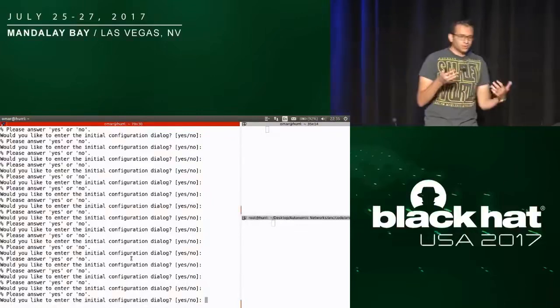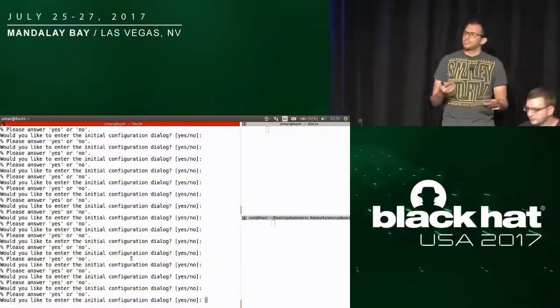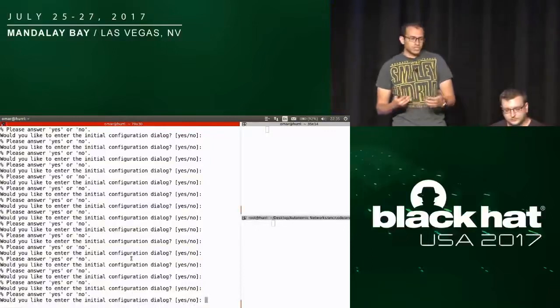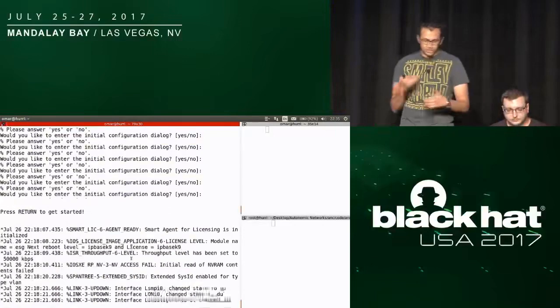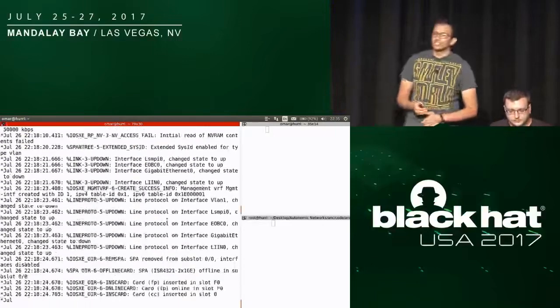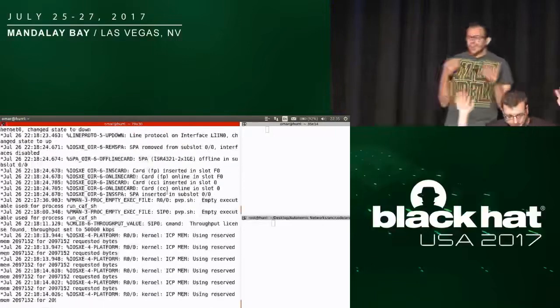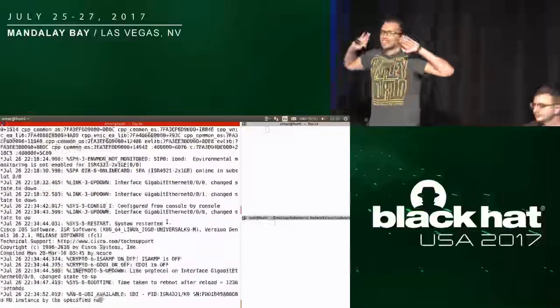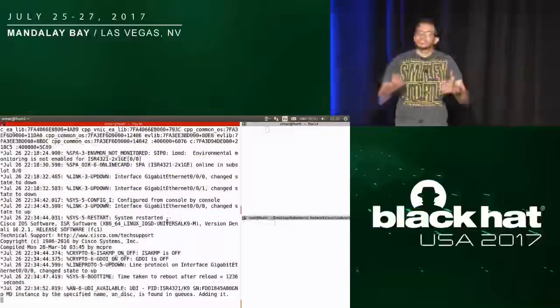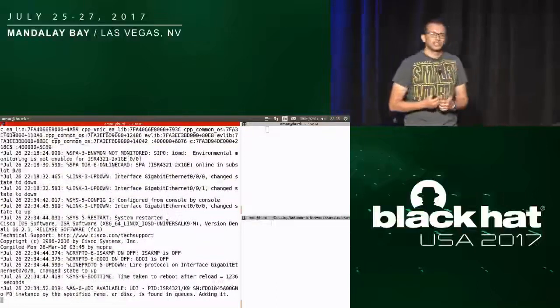So what we have done here is that we just connected it, and we will see whether the device will get the configuration. Here the configuration starts. Please note that we haven't configured anything. Our hands are just up like that. We didn't put anything on it at all. And everything starts to get configured on this device.